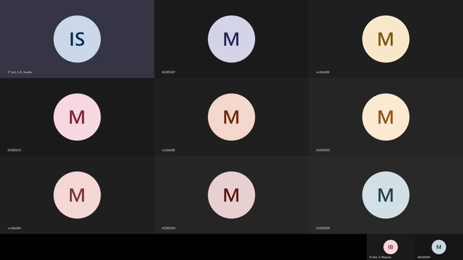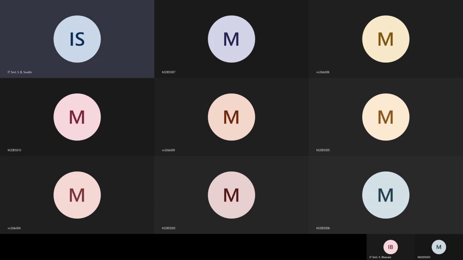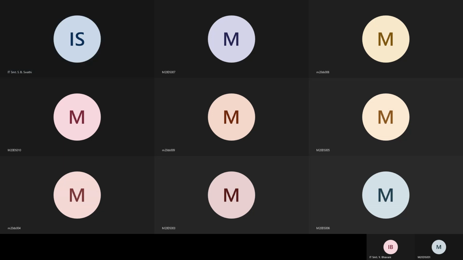Now what is this P of plus and P of minus? P of plus is the percentage of positive classes in the total database.